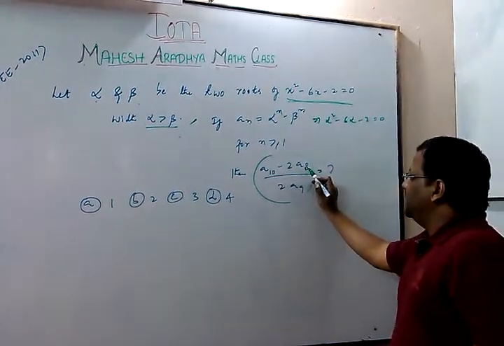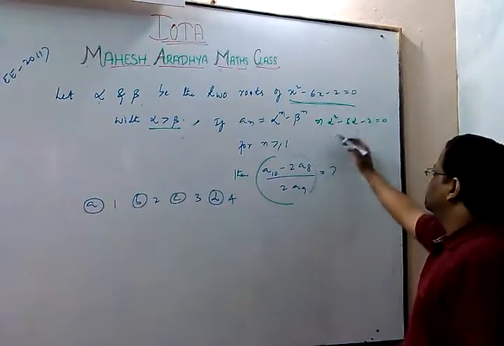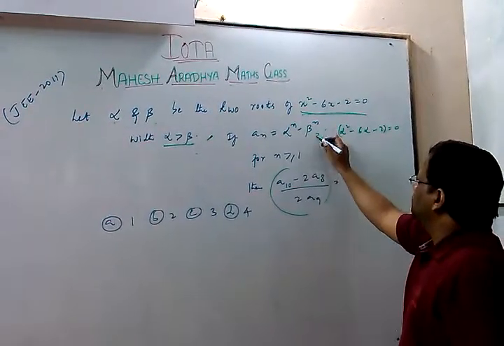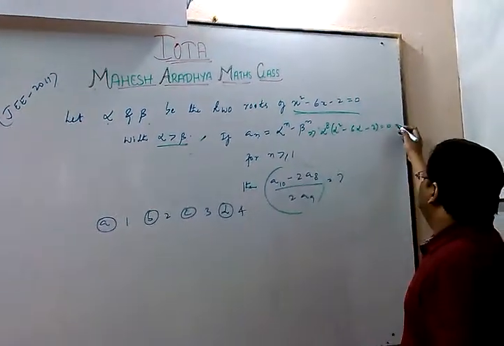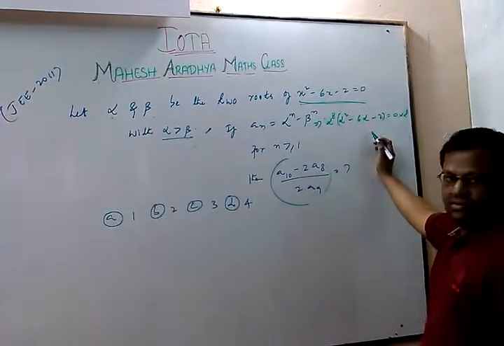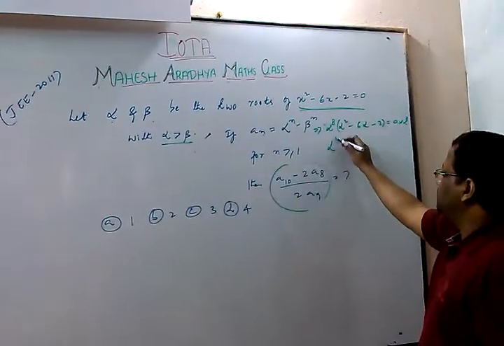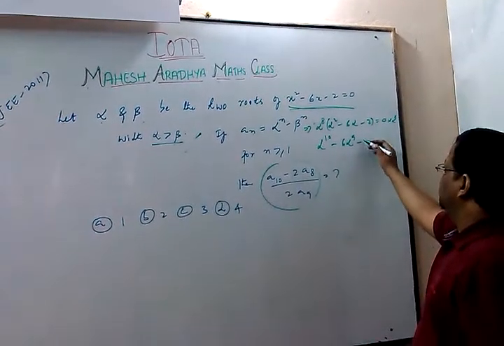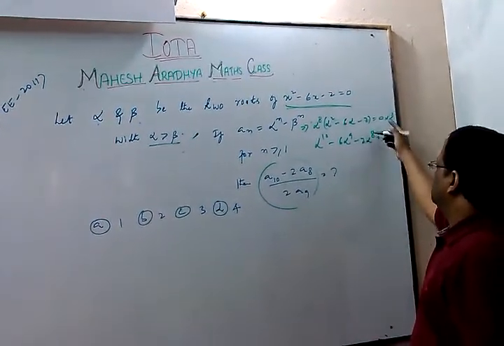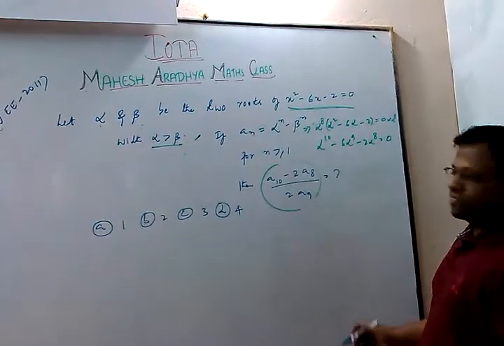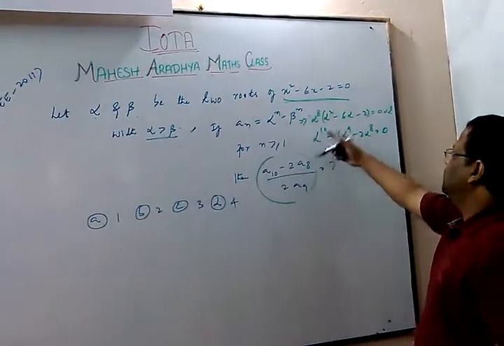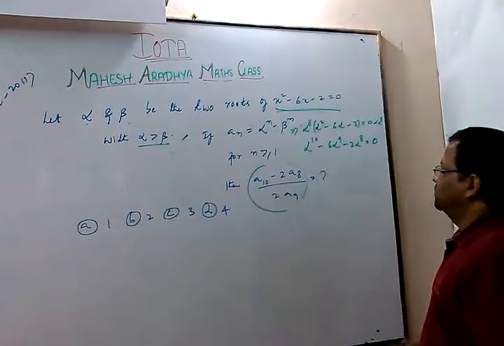Here it talks about alpha 8 to alpha 10, so what can we do here? I can multiply by alpha 8 on both sides, 0 into alpha power 8. So this will give the value alpha to the power of 10 minus 6 alpha to the power of 9 minus 2 alpha to the power of 8 is equal to 0, since 0 into this is 0 only. Using the indices property, I have done the multiplication here.